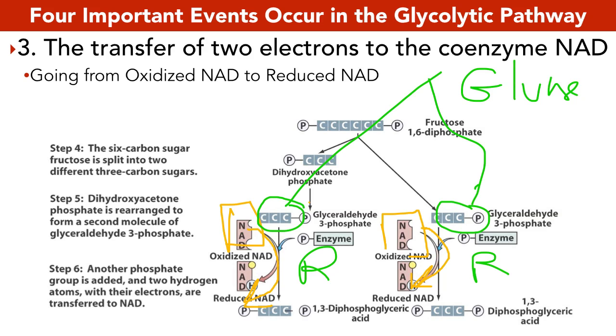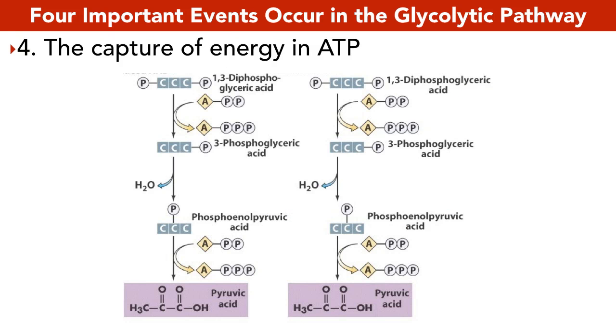Now we've got to do a payday here. We've got to make some money. We've spent a lot of ATP, right? We've spent 2 ATP. But we need to make some now. So what we're going to do is make ATP from ADP. So do you see we have a blue phosphate here? We see that? And below it we have an A and 2 Ps. That's ADP. That blue phosphate, I'm just drawing it as blue, will add here. So we've added a third phosphate and made, guess what? Guess what we made? ATP. So we've made a single ATP.